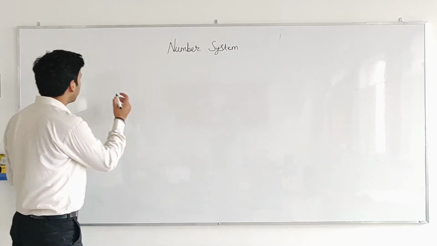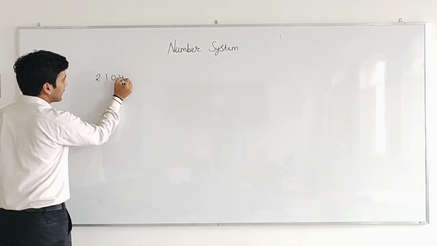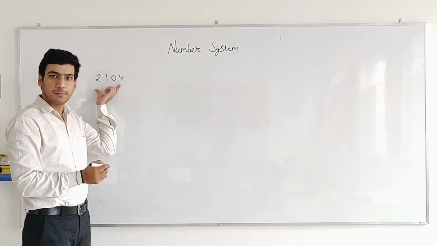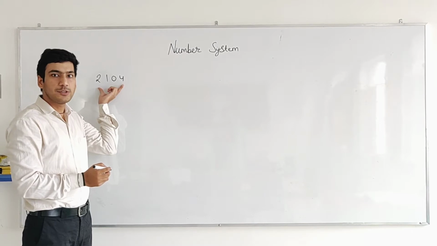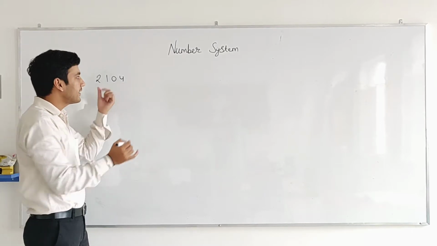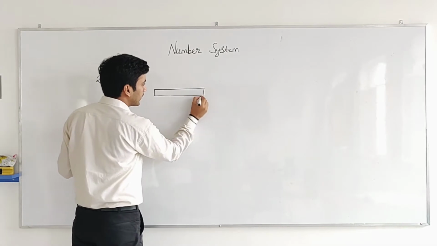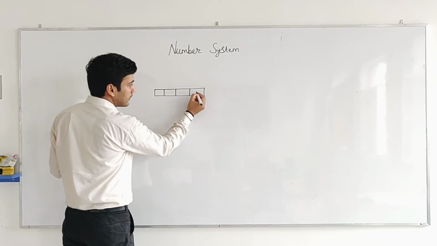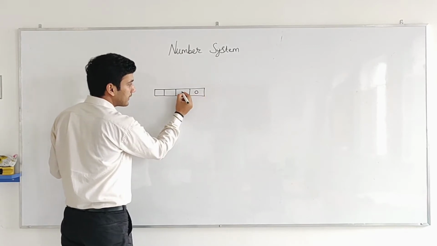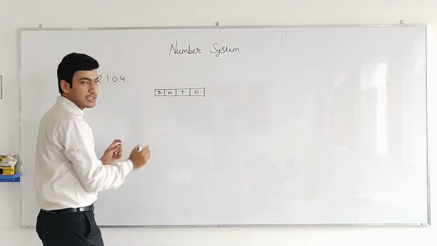If I am writing a number, then this is a 4-digit number, and if you want to represent this number on a place value chart, how will you represent it? First of all, we have to draw a place value chart. For 4 digits there are 4 places: 1's place, 10's place, 100's place and 1000's place.